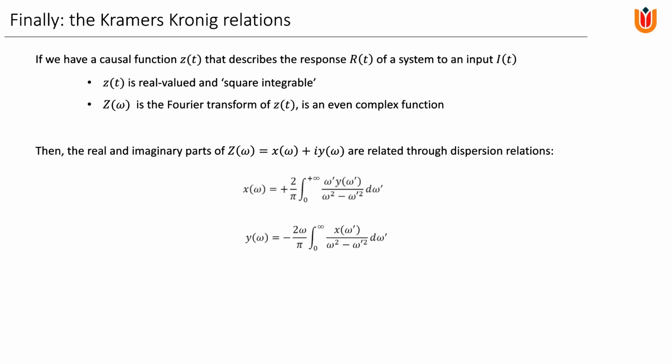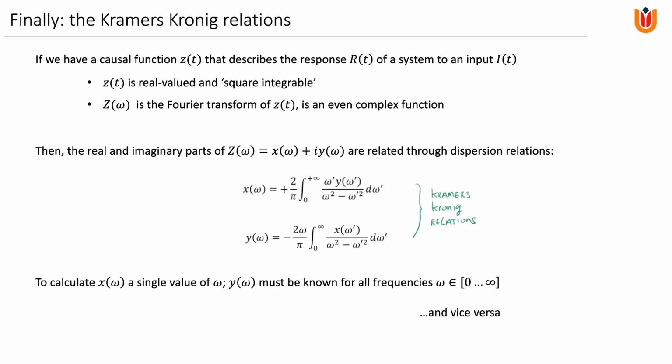Again, we still did nothing system specific here, so this is still completely general for any response function. Still, the problem is that in order to know the value at one omega only, we still need to know the conjugate part of